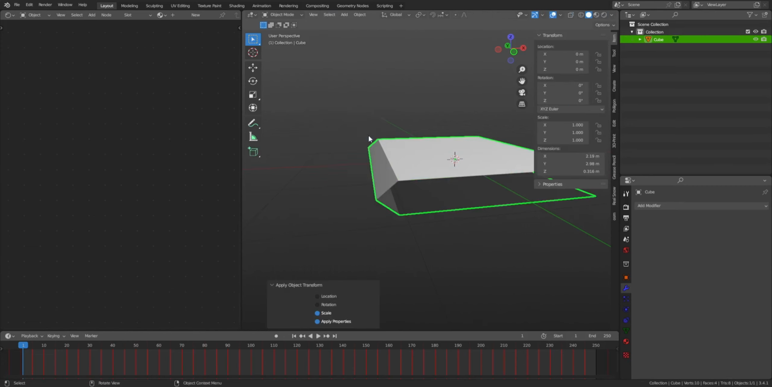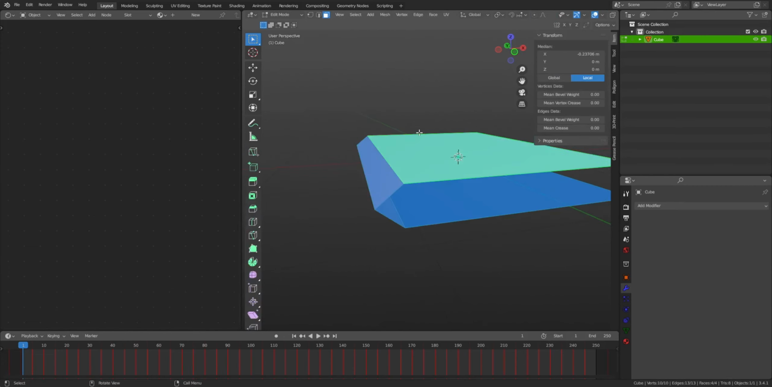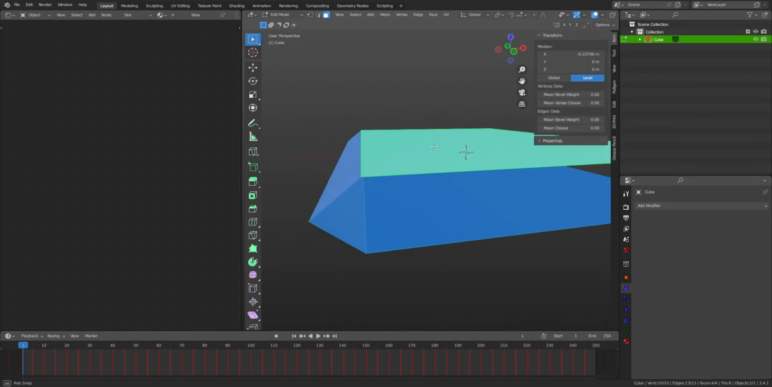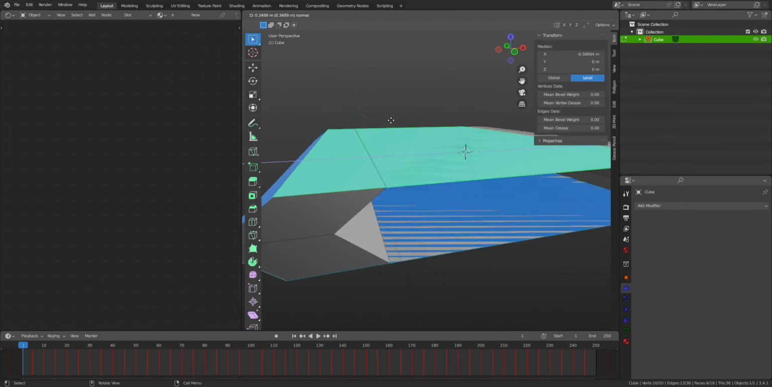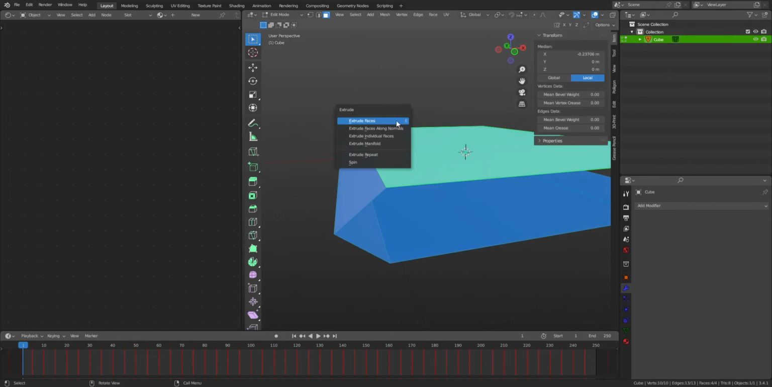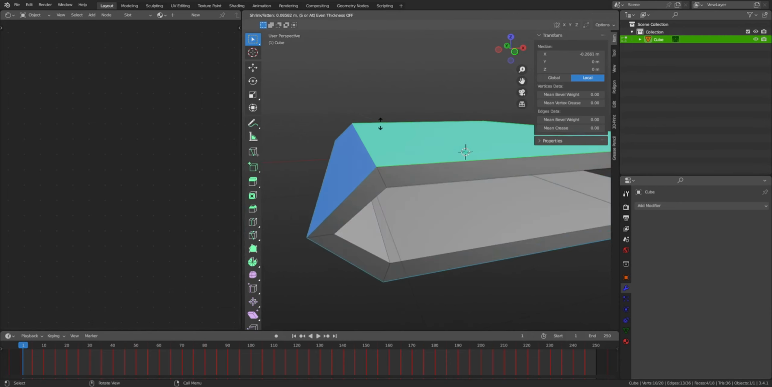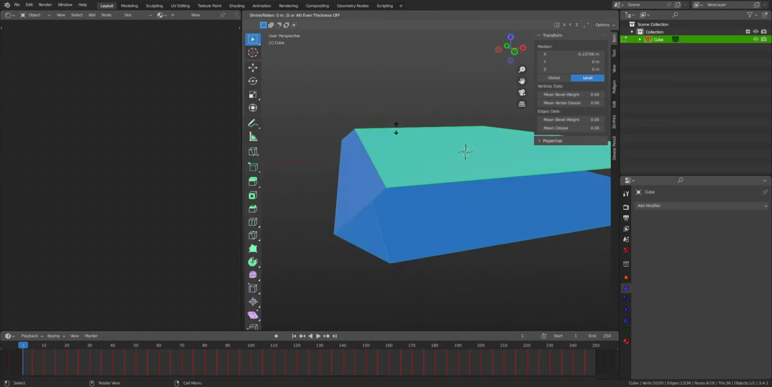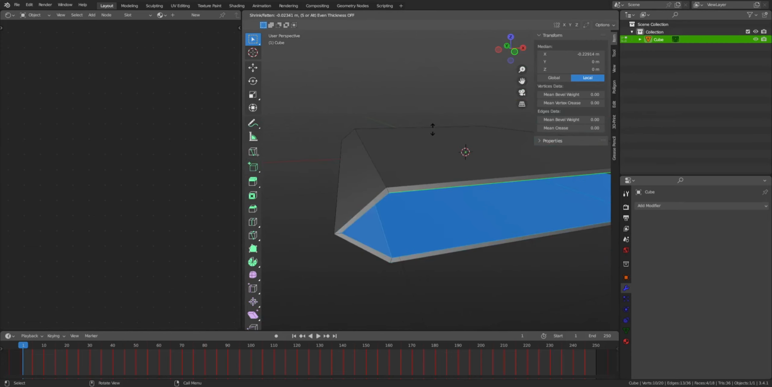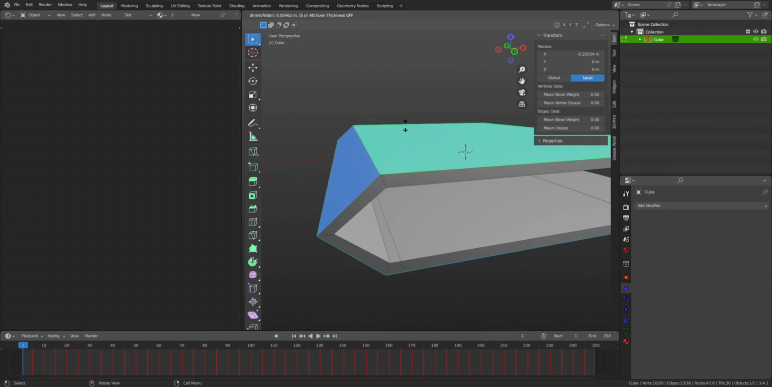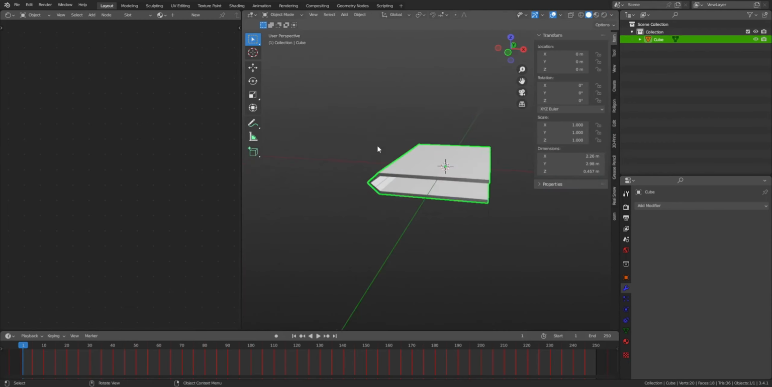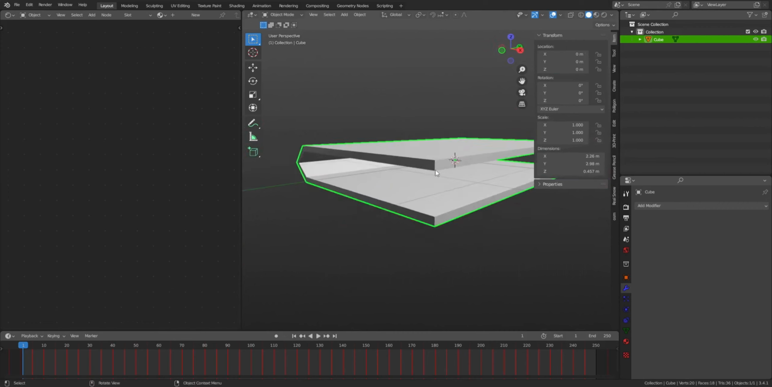Control A, apply scale. Now you want to select all with A, and then press Alt E. And then you have extrude faces. If you don't want that, Alt E, you want to extrude faces along normals. And you can make your book very thick, or in this case I just want the book to be a regular book, not that